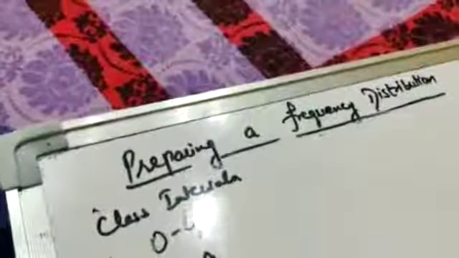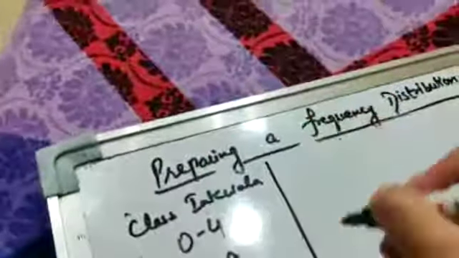Next will be 5 to 9, then 10 to 14, then after 10 to 14 we will get 15 to 19. After 15 to 19, I'm leaving space here for tallies, then frequency,